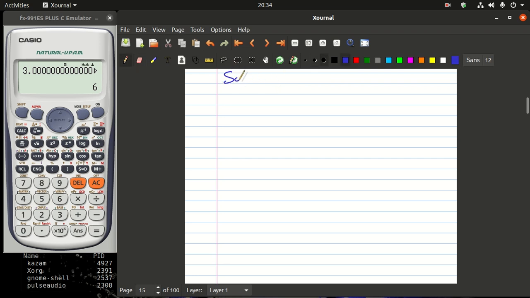If the question is saying evaluate the limit as x approaches a of f of x, where if I take this value a and plug it in, I get 0 over 0. The first thing you need to do is always plug in first, and once you plug it in, if you get 0 over 0, then